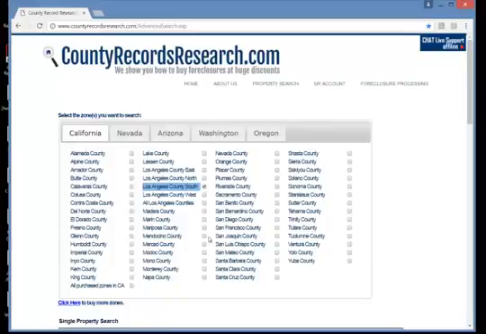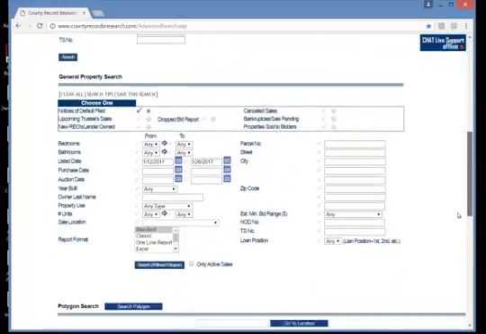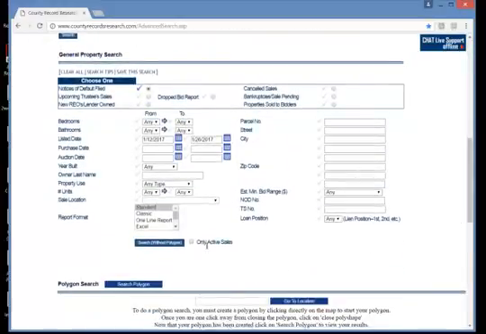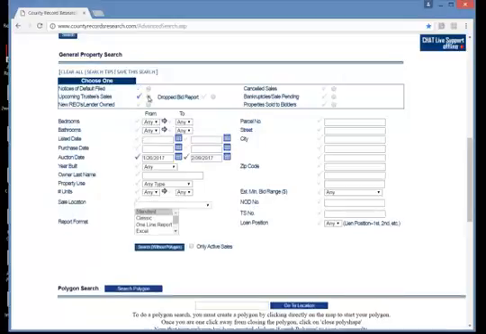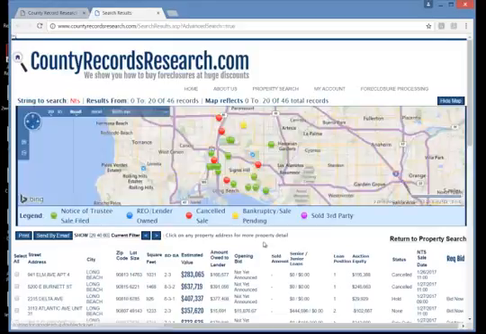This is my property search screen. Since we're going to be looking in Long Beach, I've selected Los Angeles County South. Now I'm going to scroll down the page to my General Property Search option, and I'm going to select Upcoming Trustee Sales, and I'm going to type in Long Beach. What I'm going to do now is go ahead and hit my search button to open up a list of